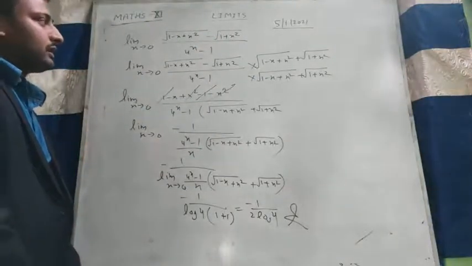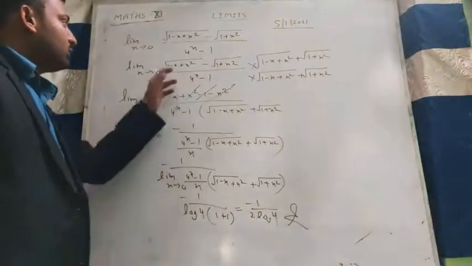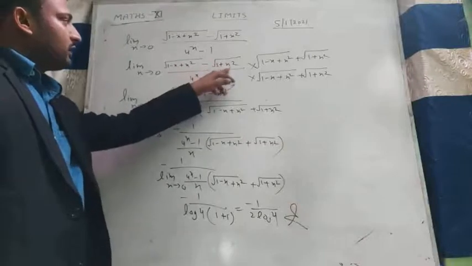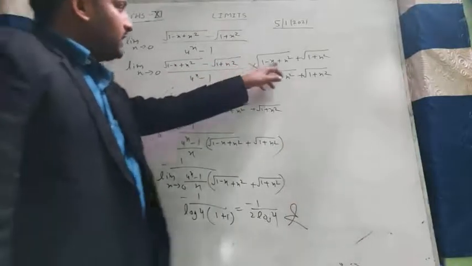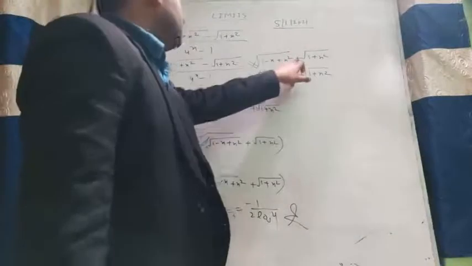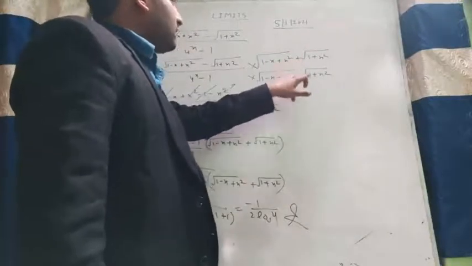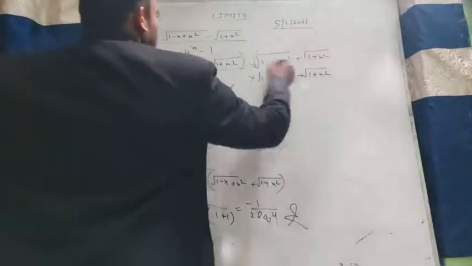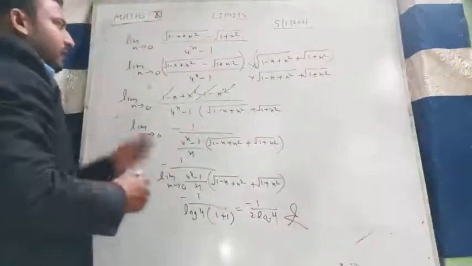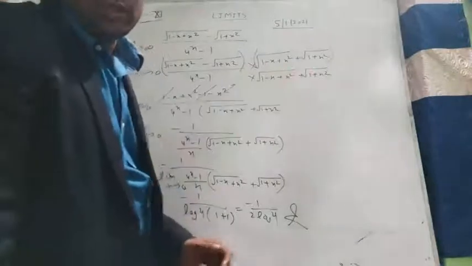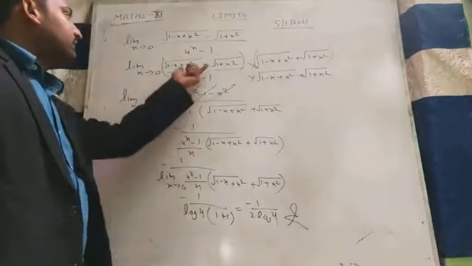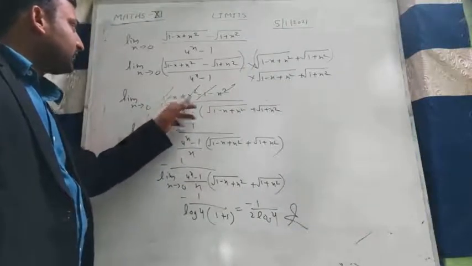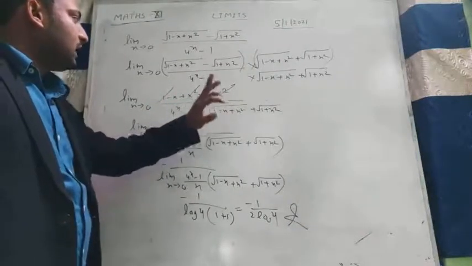First of all, we will rationalize it. So we write root 1 minus x plus x square minus under root 1 plus x square multiplied by this term with the sign changed, we will write plus here and plus also here. Now in the above, the first bracket is a minus b, the second bracket is a plus b. So it will be a square minus b square, so the root will be removed and we get 1 minus x plus x square minus 1 minus x square.